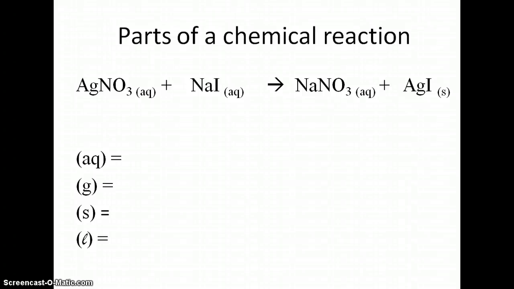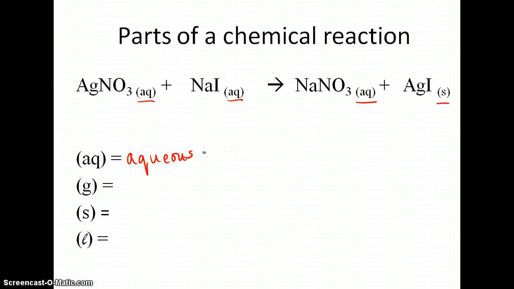Here we have a chemical equation. This is one of the reactions that you did in the lab last class. And it may have some things that look totally different to you. Probably this bit right here. And in chemistry, those are things that tell you about the substance in the reaction, what state it was in, that sort of thing. For instance, AQ stands for aqueous,